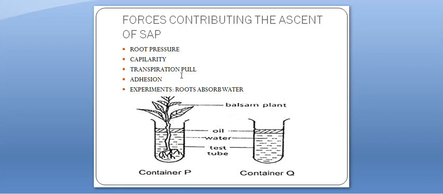Transpiration pull: as the water is lost from the leaf by transpiration, more molecules are pulled up due to the tendency of water molecules to stick together, which is called cohesion. Adhesion causes the water to stick to the surface of the cells, thus drawing more water molecules from below to the leaf cells, where the leaf loses water due to transpiration.